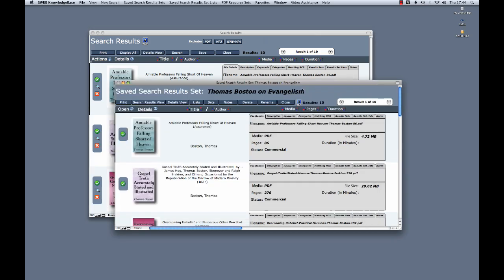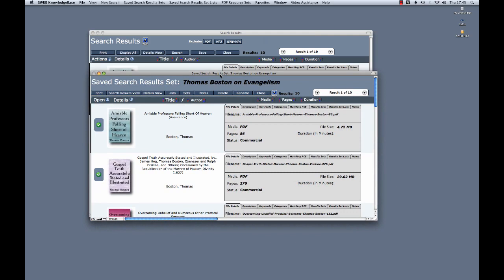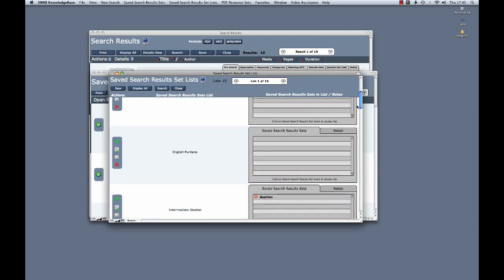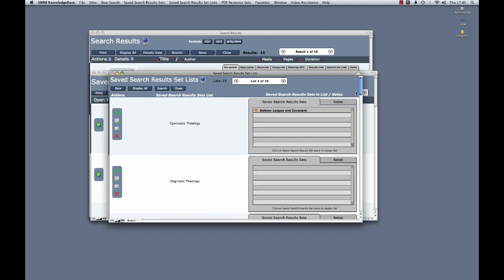But beyond just saving result sets, we might want to organize them into collections for a particular project, such as the one we're working on now. So we can go to lists, which are collections of search result sets, and here we see lists that have already been created, and we can create a new one to add the search result set on evangelism that we just saved. So we go to New,